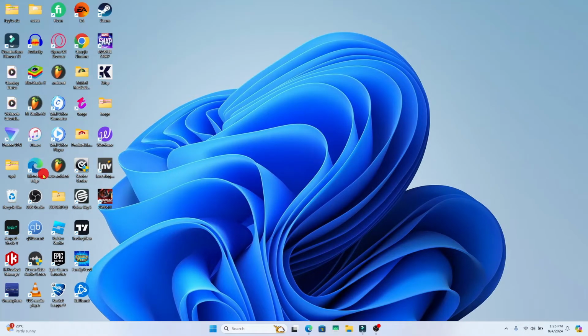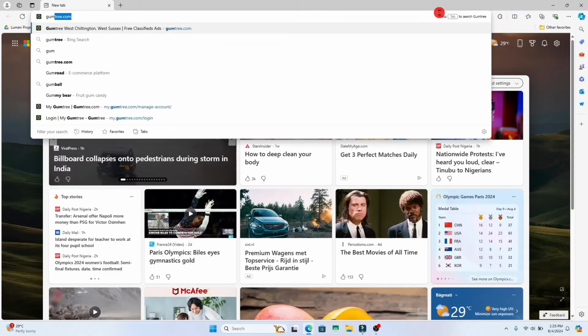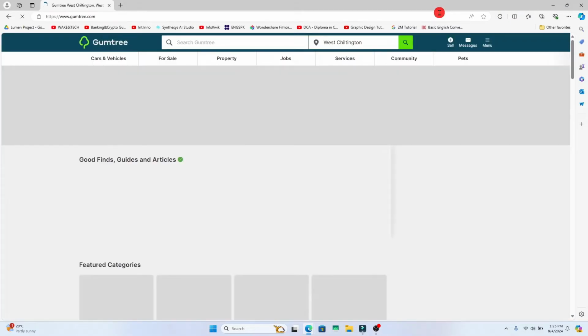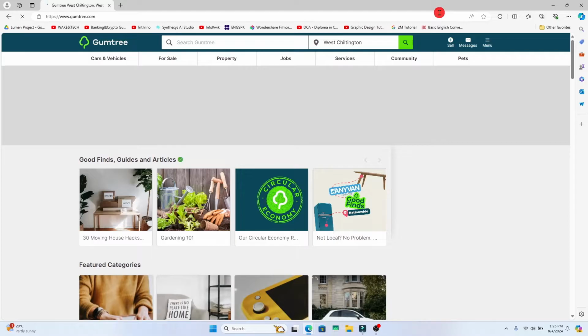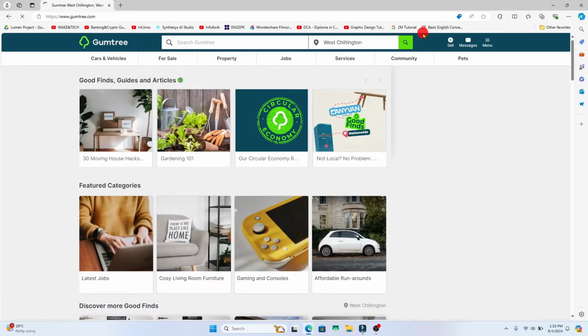First of all, open up your web browser and then in the address bar type in gumtree.com and press enter. You will now be taken into the official Gumtree website. If you haven't logged into your account already, click on the account icon at the top right section and proceed